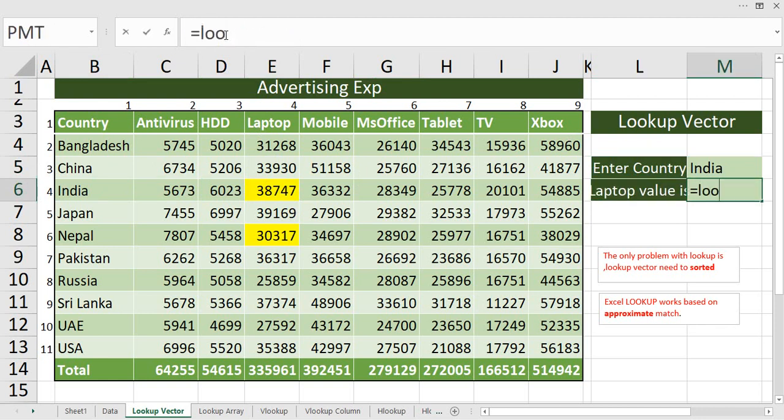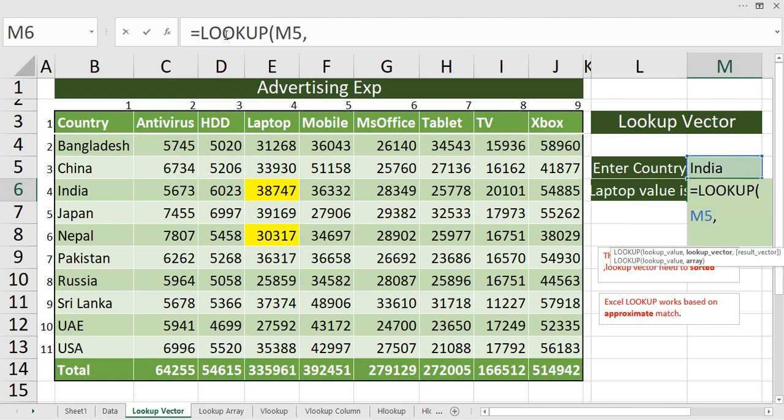My formula is equals to lookup. When I press the round bracket, I am going to get the list of all the parameters. If you want to learn Excel, you need to understand the concept of parameters. Be very clear when and how a particular parameter is to be used, because if this concept is clear, you can learn almost all of Excel. Lookup is showing me the parameters: the lookup value to be searched, the lookup vector, or I can say the area where I want to look for that value, and then the result vector. My lookup value is India.